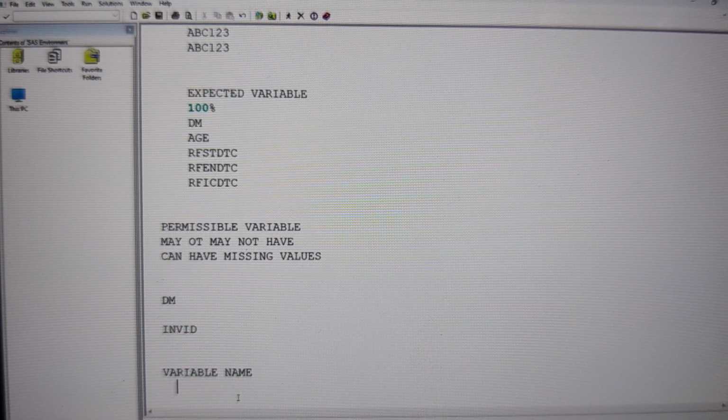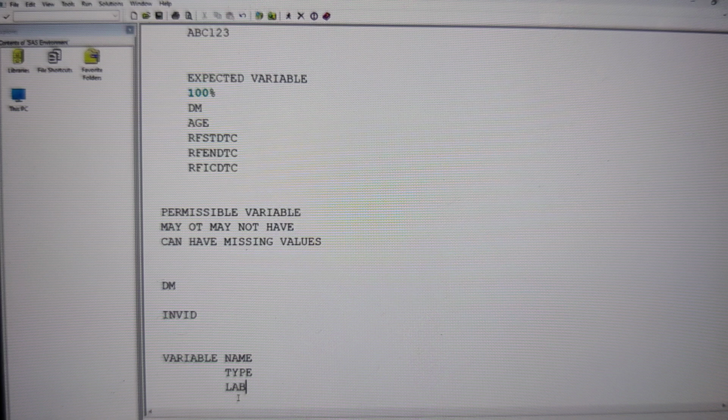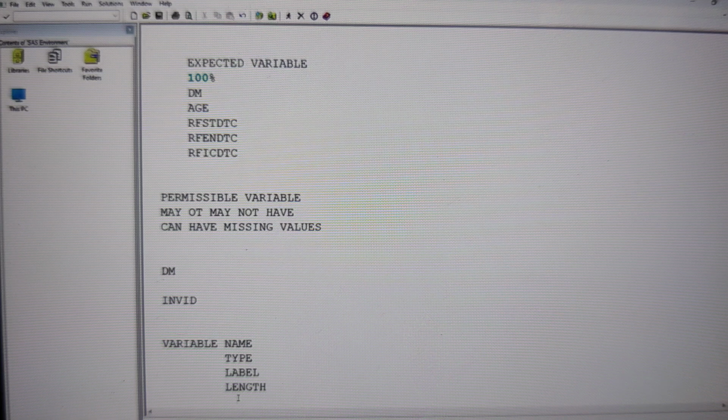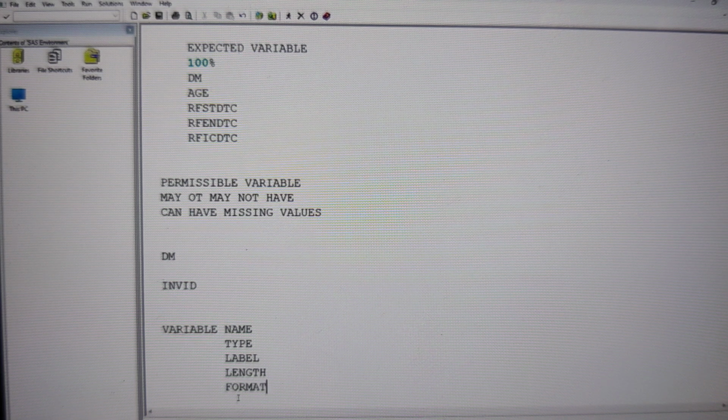And then the second thing that we are going to have here is the data type. We should have only two types of data, numerical or character. Then, when writing a label, the label must be less than or equal to 40 characters. And then the length of the variable: if it is a character variable, less than or equal to 200; if it is a numerical variable, less than or equal to 50. And when it comes to the format, we should follow CDISC controlled terminology. For certain variables, the sponsor is also going to provide its own controlled terminology, or for certain variables we are adopting CTCAE.